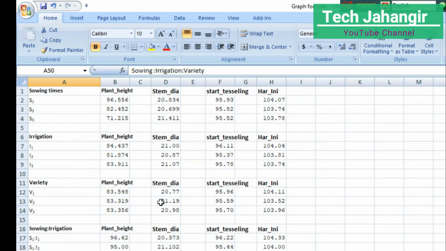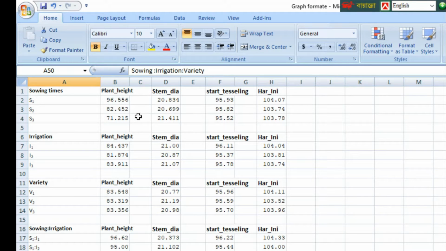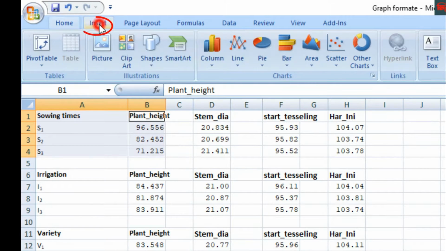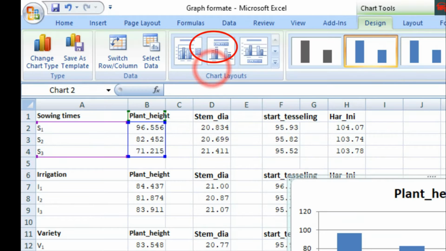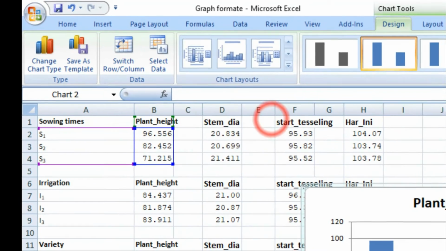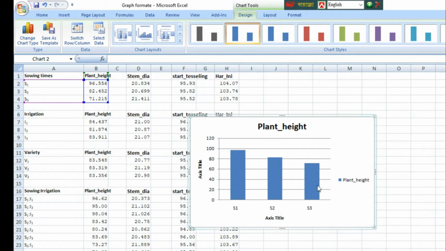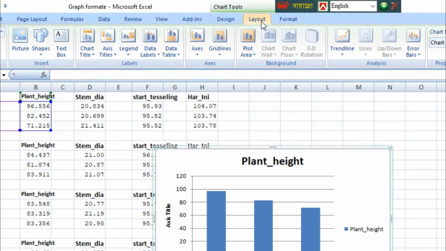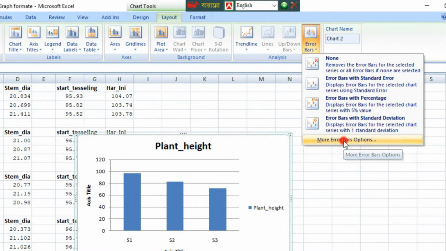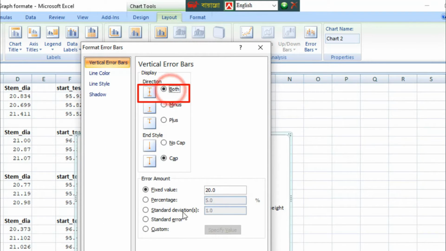This table is based on the mean comparison sheet. Okay, and now we're going to the graph format. Select this sowing and plant height, insert option, and this column, and it is our only one parameter. We can select this option, y-axis and x-axis, and all are plant height, and we will also use standard deviation or standard error. Go to layout and error bar option, and more error bar options on both sides, and we use